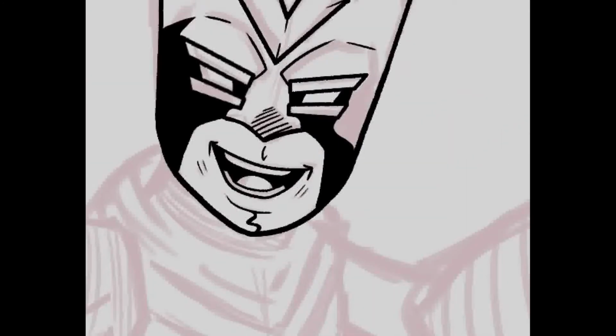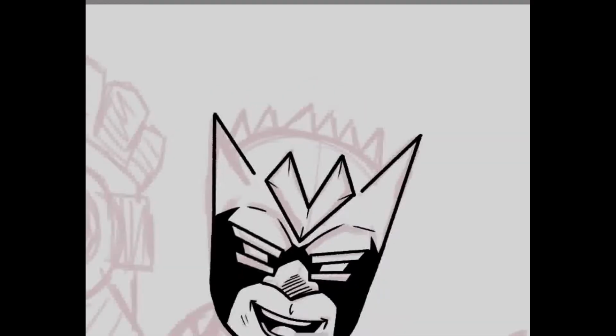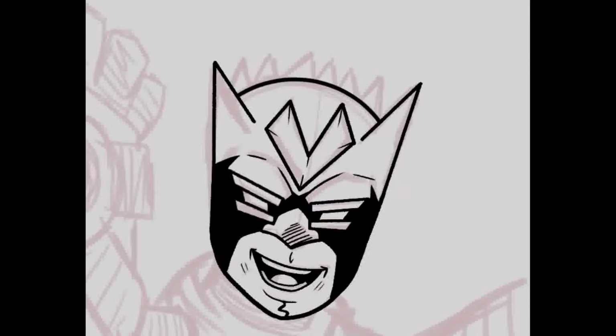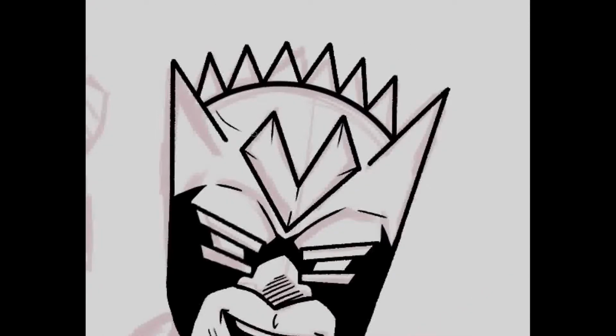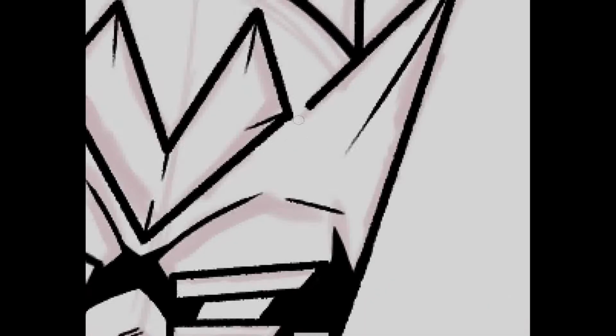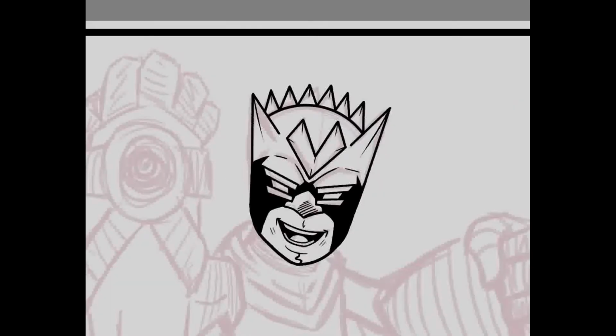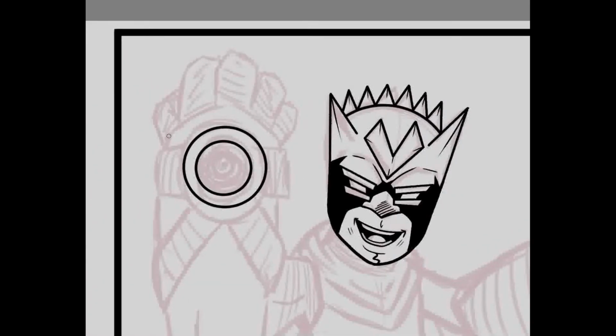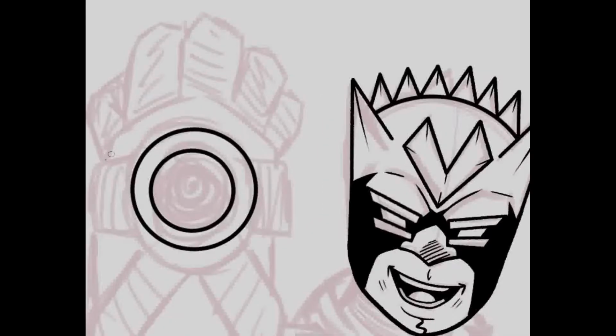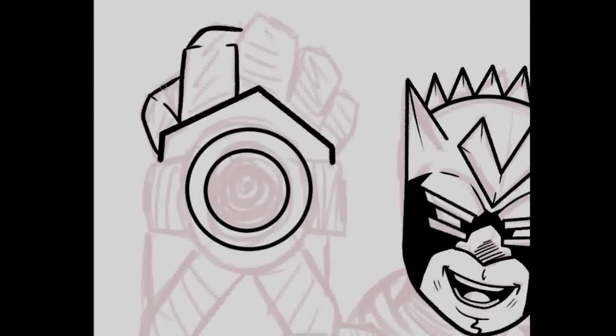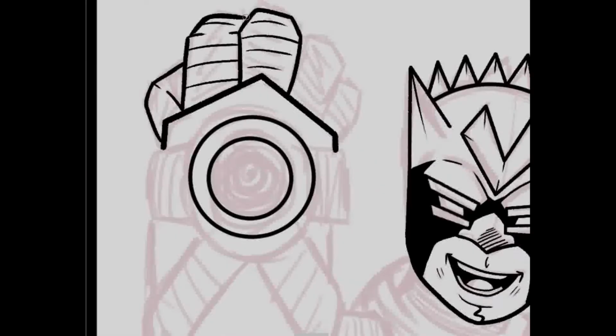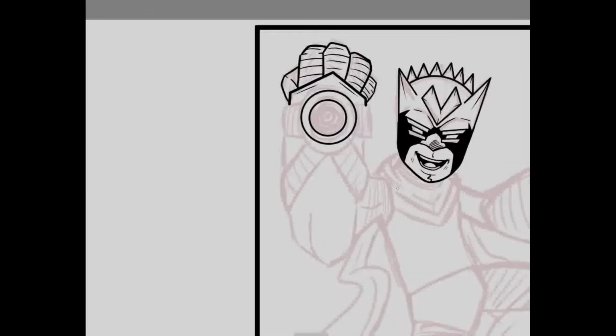And I don't know where I came up with this V logo thing from, so I'm assuming the superhero's name has got to start with the letter V. So if that makes your life slightly harder in naming this character in the comment section, I apologize. I don't know where the V came from. It just looked like it fits so well. You'll see on his gauntlet, I kind of create this Omnitrix looking thing from Ben 10, because it was one of those shows that I really enjoyed as a kid.